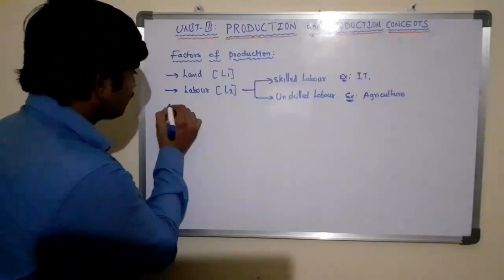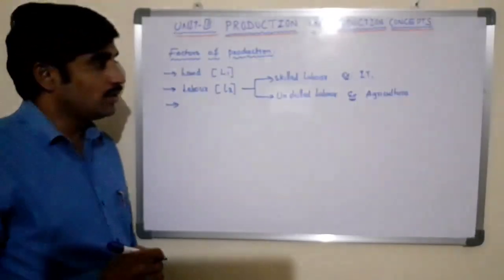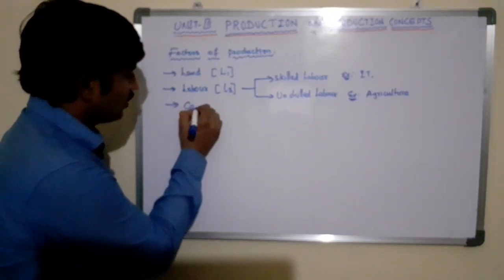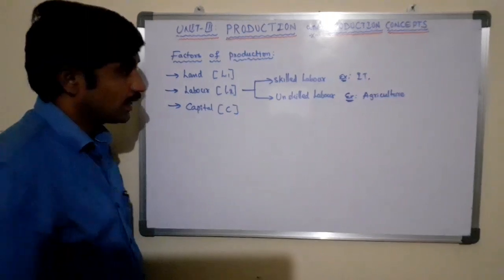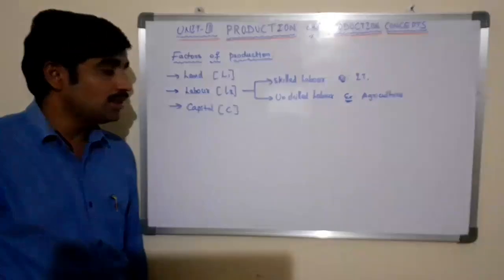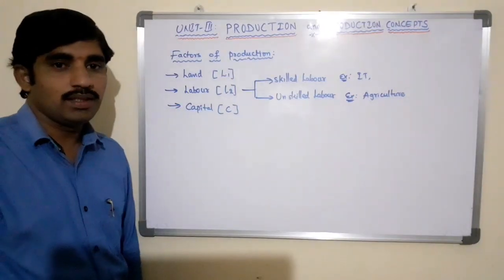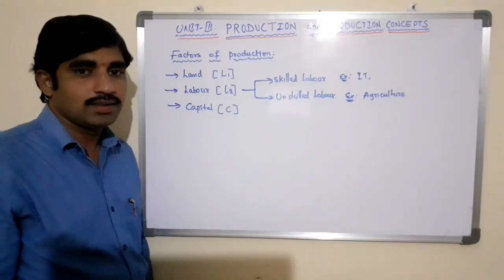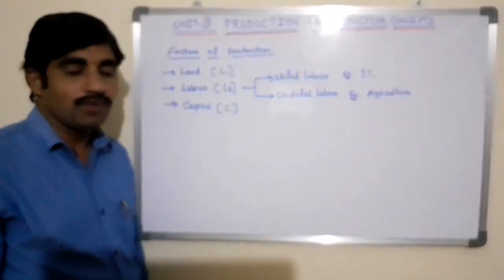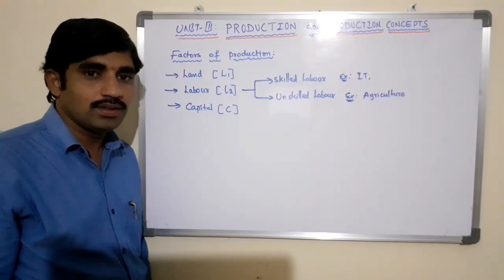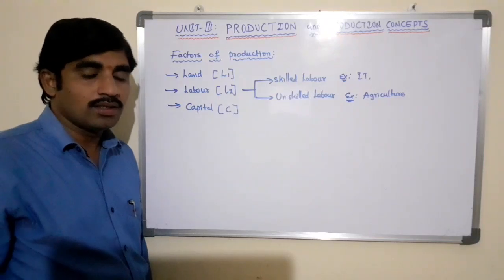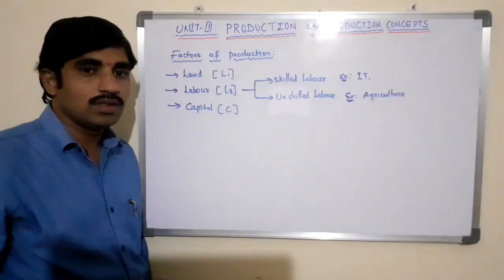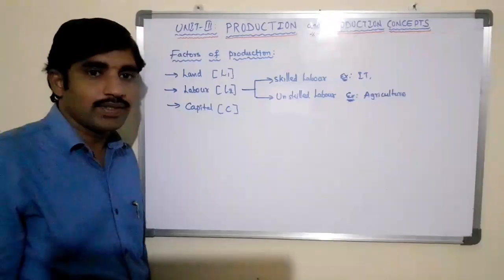And the third factor used by the organization is a very important input, that is C, capital. Capital is one of the main resources of an organization to produce the product. If you want to pay salaries and wages, purchase raw material, machinery, or technology, whatever you want to do while producing the product, for every activity capital plays a significant role.